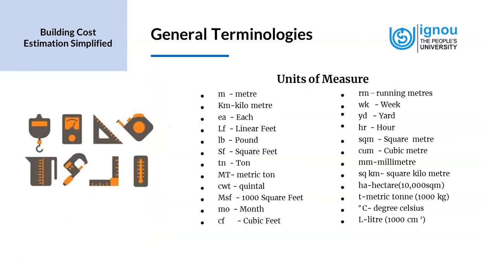Now we'll go more elaborate on units of measure. We have some of the units of measure that we commonly use in our building projects. Some of them are in metric system, some are in imperial system. We know that meter is a unit that we use to denote length, and kilometer is also to denote length. EA is each. This is when we have to show a product, for example, number of chairs in an interior project. So the per unit would be for each chair. So that is sometimes represented as EA.